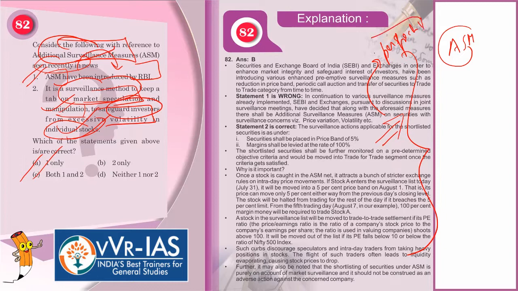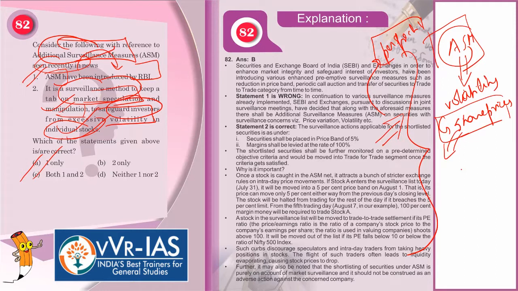This is clear cut. All you need to know is what broadly additional surveillance measures intend to do and who introduced them. So first of all, these have been put in to check the huge volatility in the share prices, to keep a check in the volatility in share prices. Now whenever there is a huge volatility, it basically sends out nervousness in the market regulators. Okay? And these basically become suspicious stocks because you do suspect certain unscrupulous elements who are controlling these prices, and who basically push up the prices, and then they will sell it to the unsuspecting public at a later